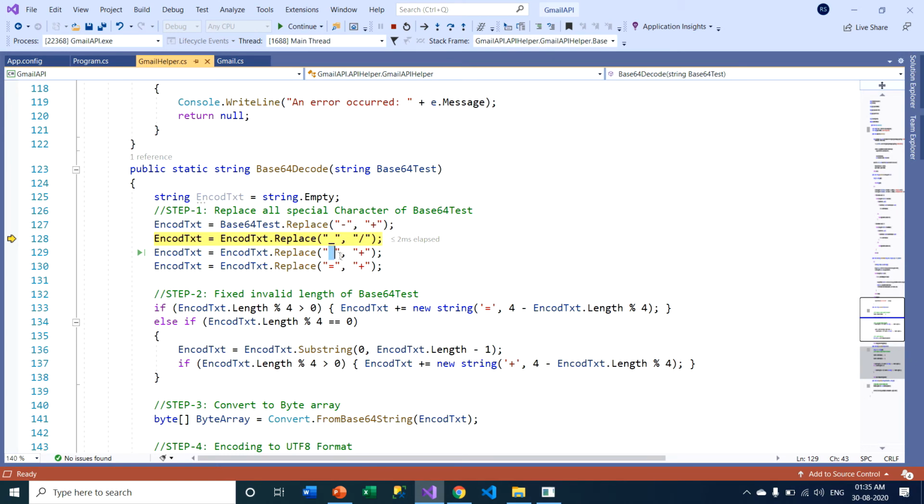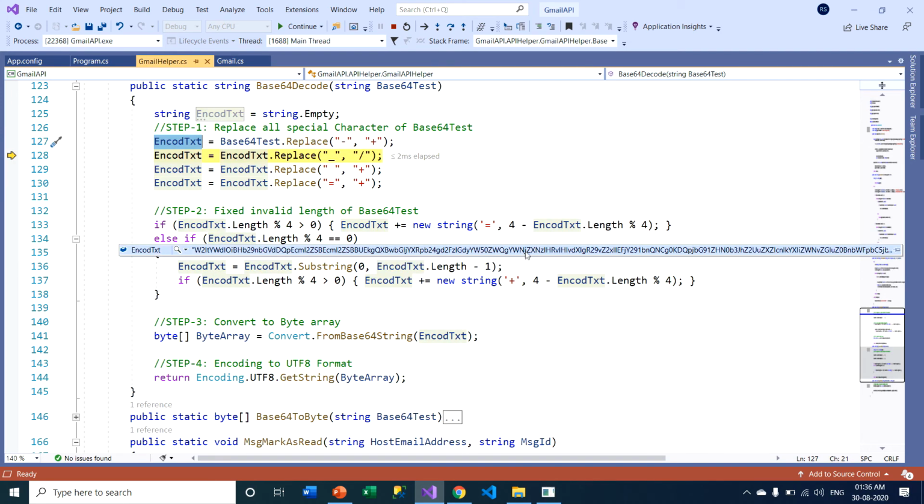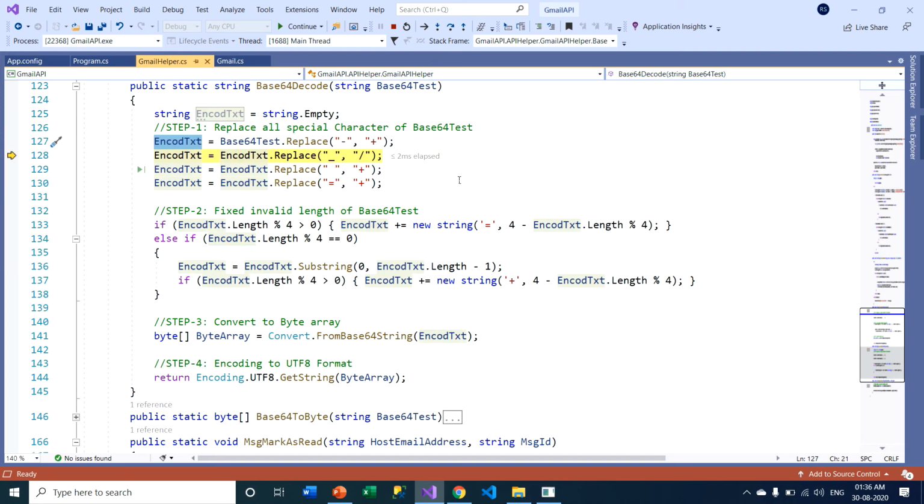After this, blank text we replace with the plus symbol, and the equals symbol we also replace with the plus symbol. After replacing all those things, this is the encoded text, and I use this encoded text to fix the individual length of the base64 text.